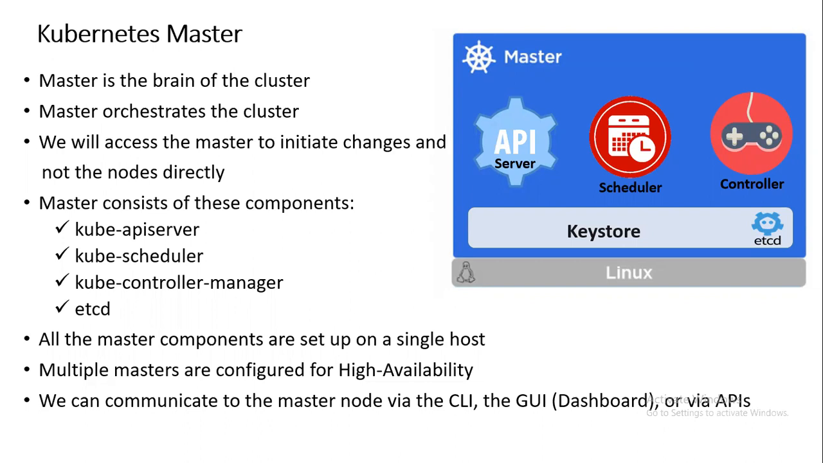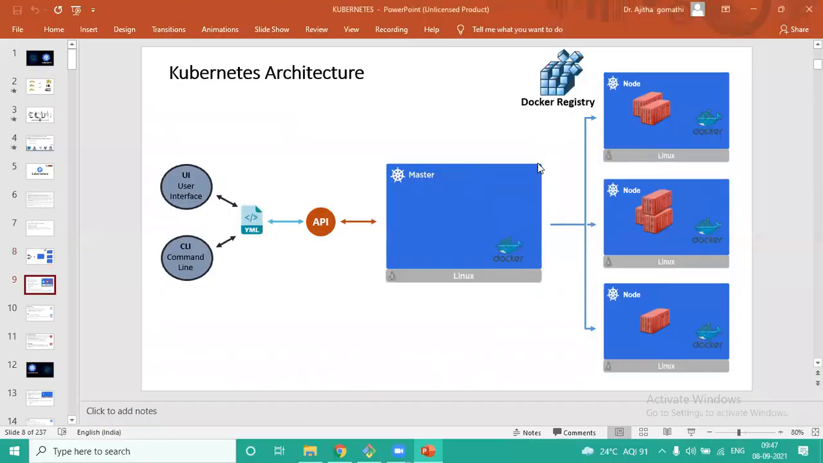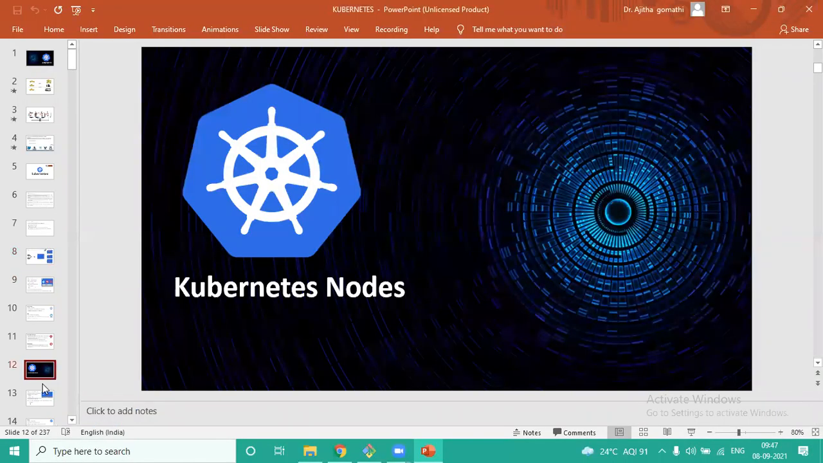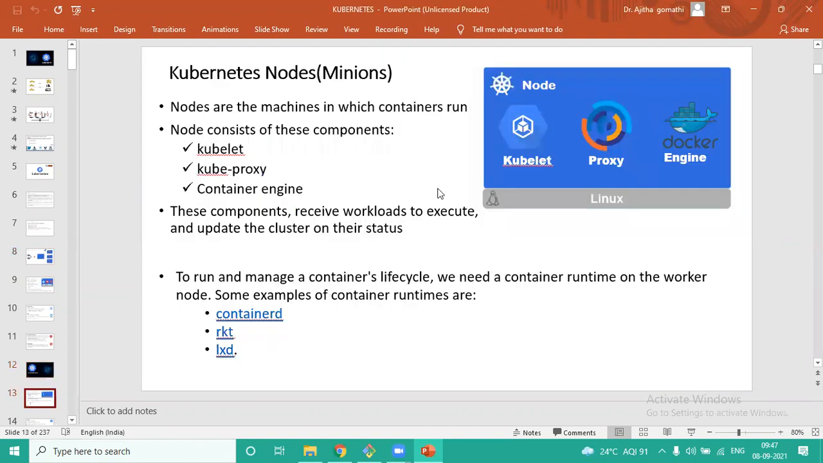Now, this is on the master. But if you look at what you have on the worker, or what we call a Kubernetes node, there are three components. One is kubelet, then proxy server, and then Docker engine. Okay. Now, in the Kubernetes nodes or worker nodes, there is a component called kubelet, which